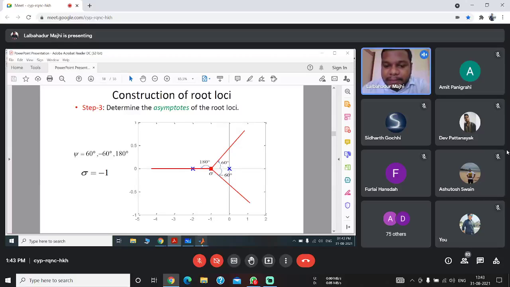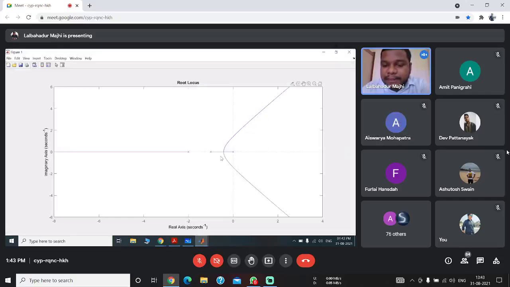This example is plotted here. We can see here that our centroid is minus 1, and we can draw the minus 180 degree line on this side. So we can see there is also a root locus line here, but beyond the origin there is no root locus. So if you want, you can draw this branch, the minus 180 one, or you don't even have to draw it. After solving some examples, it will be very clear how many asymptotes we actually require.